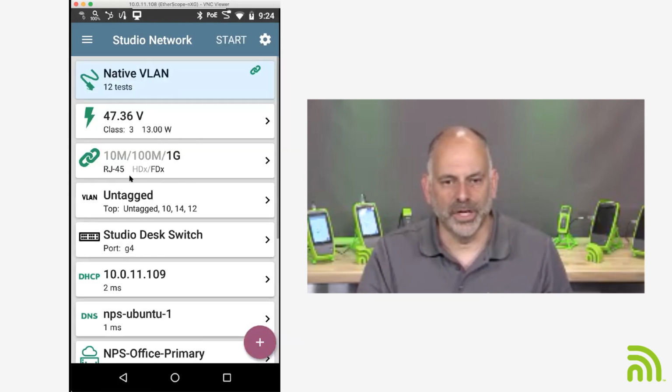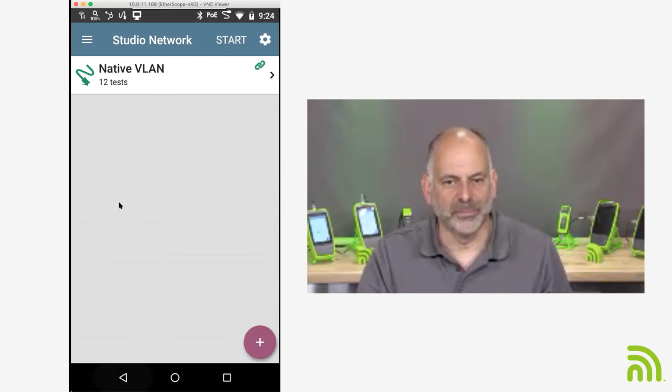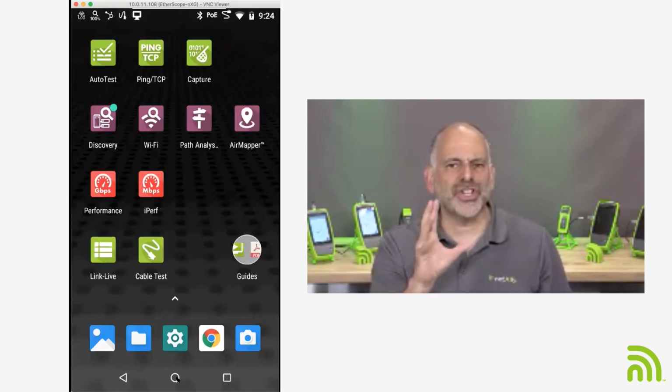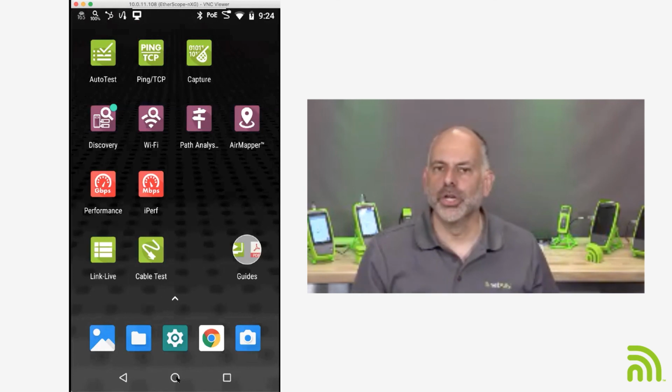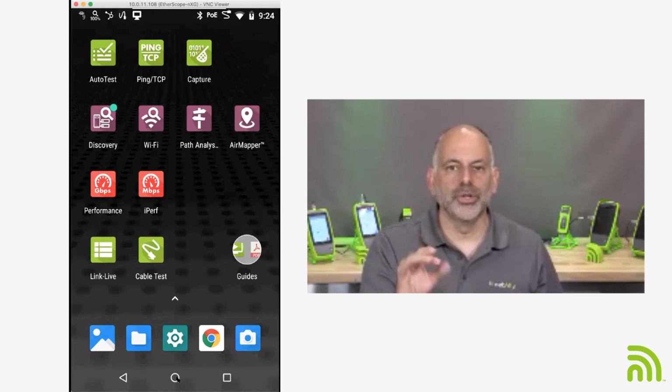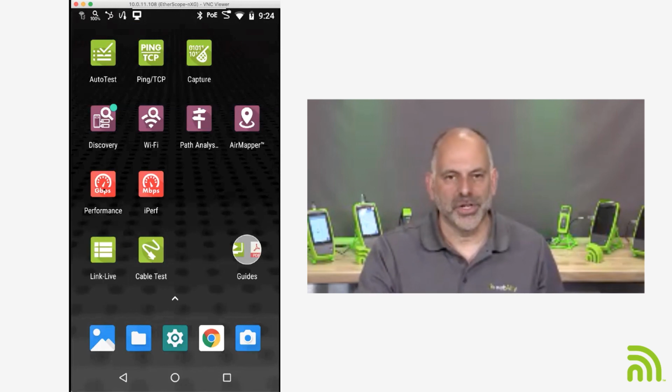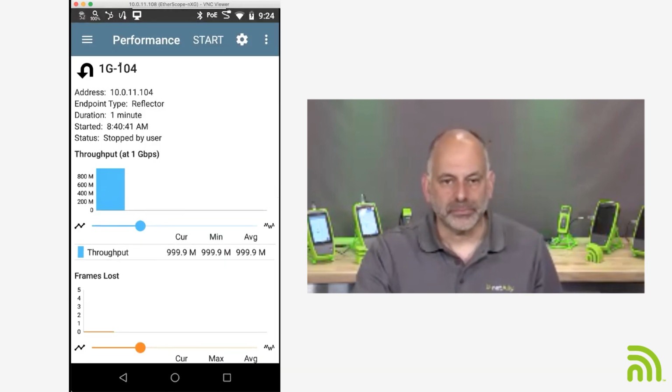I told you earlier that one of the things that I'm curious about on here is throughput, because just connecting is not always a good indicator. So what I want to do is I'm going to run a test. At layer 4, we're going to do a throughput test. And we're going to see, can our network support the throughput that we expect? So I'm going to come in here to performance. And we are going to switch